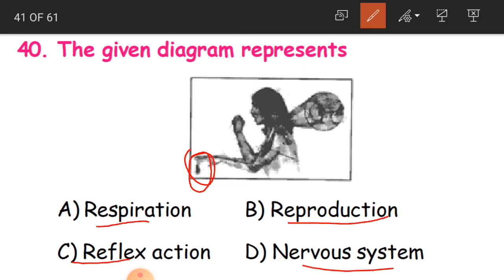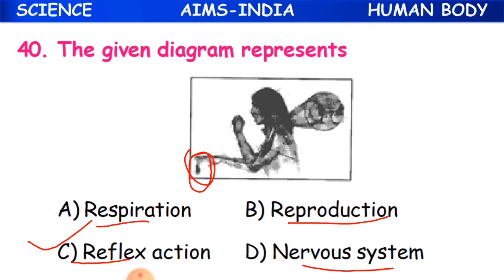Yes children, this is reflex action. Reflex action, that is involuntary action, like without knowing we just take out or move out our hand from that object, because we feel that hotness or coldness or pain, whatever it may be, which we will not be able to bear. Okay, we call it reflex action, and we also call it a stimulus.